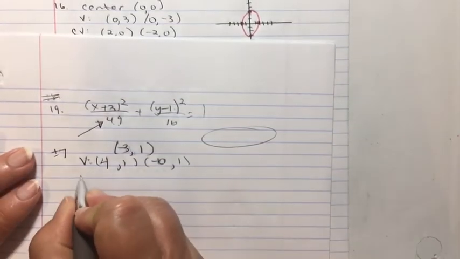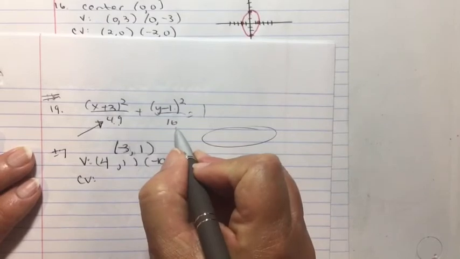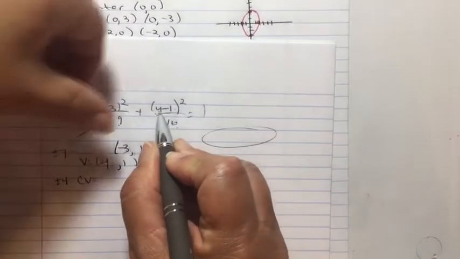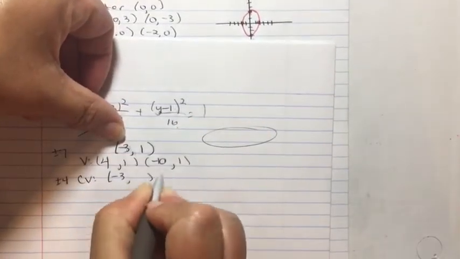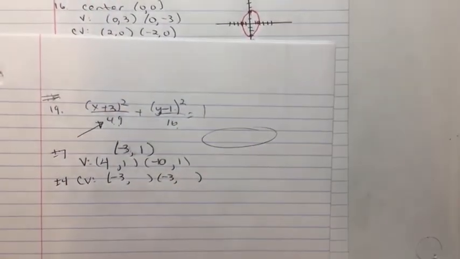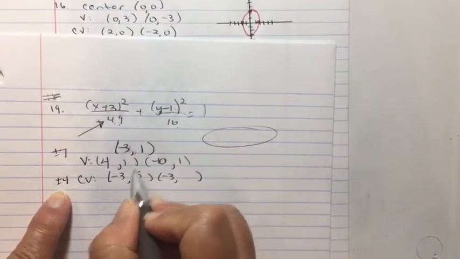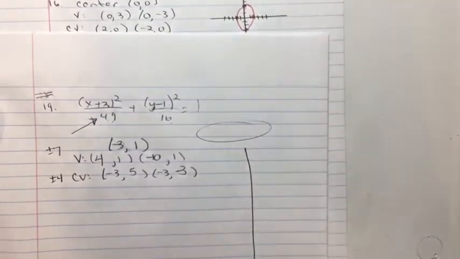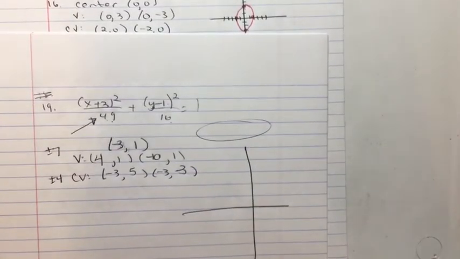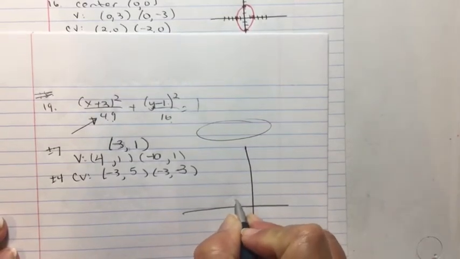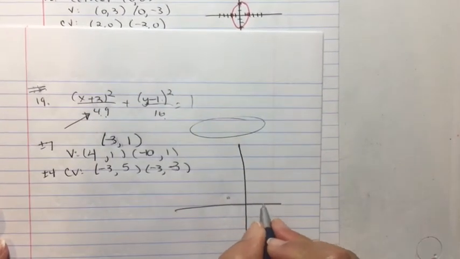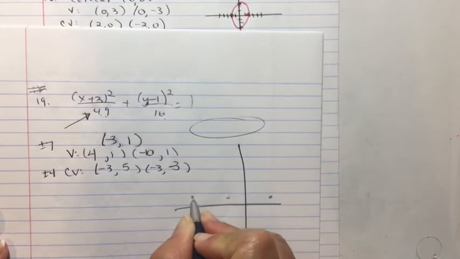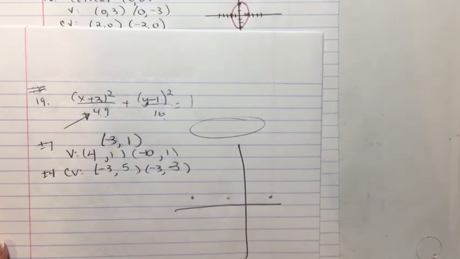Okay. Now, for the co-vertices, you're going to take the square root of 16 and add or subtract 4 to the y value. So you're going to leave the -3 unchanged. The 1, you add 4 and get 5. You subtract 4 and get -3. Now, for graphing, you're going to go to the -3, 1, and that's your center. You're going to go to a +4, 1, and a -10, 1. And those are going to be your major